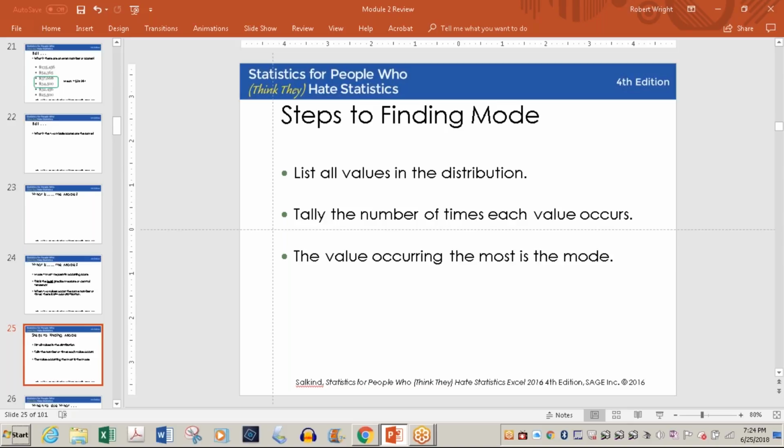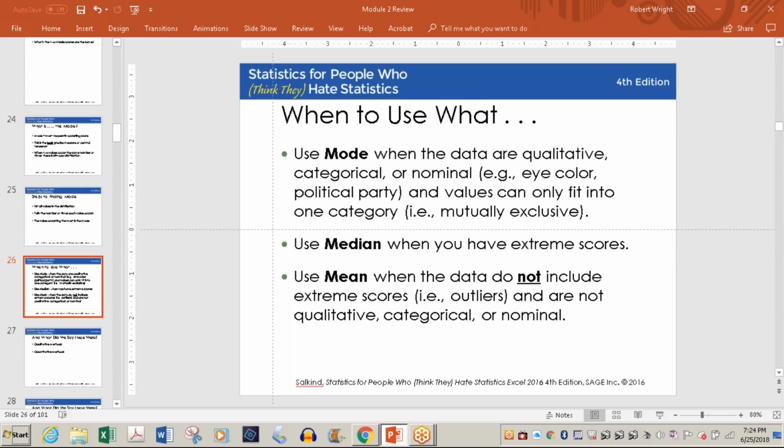It's very cool, because a lot of times you just need an idea: is A more important than B? Well, you see the chart where A has a real tall column and B has a short one. You can instantly see that A is more important than B, and maybe you don't need to know the percentages or the numbers or the scores or whatever. But anyway, I digress. And finding the mode: basically, the value that occurs the most is the mode.